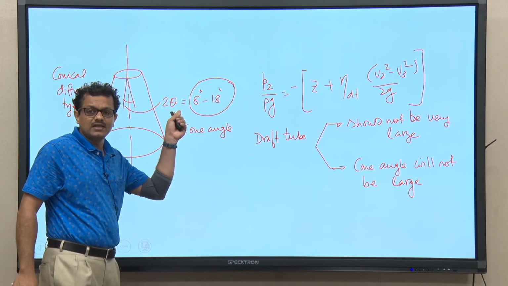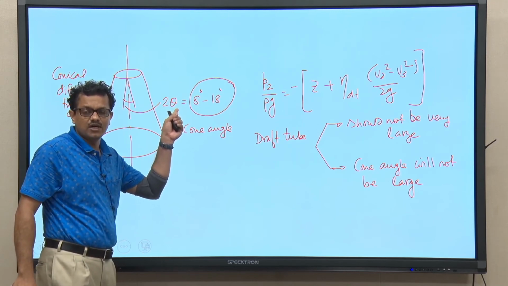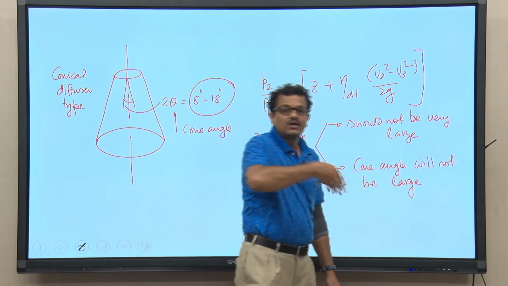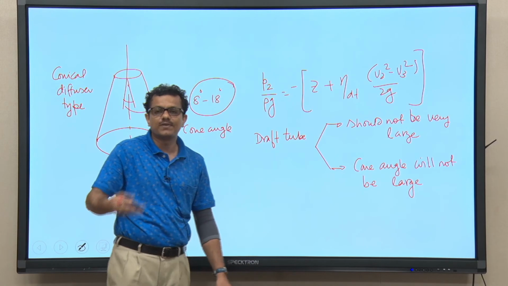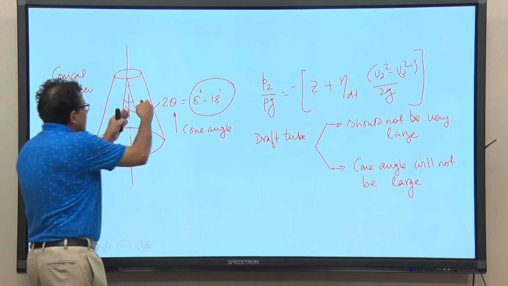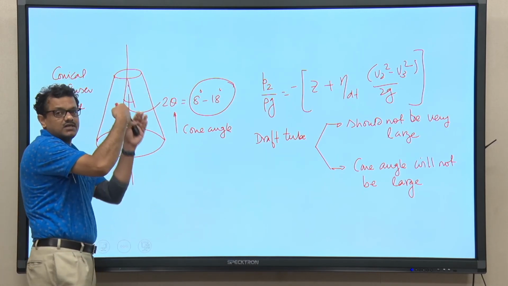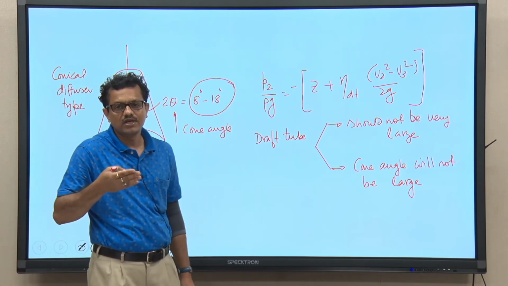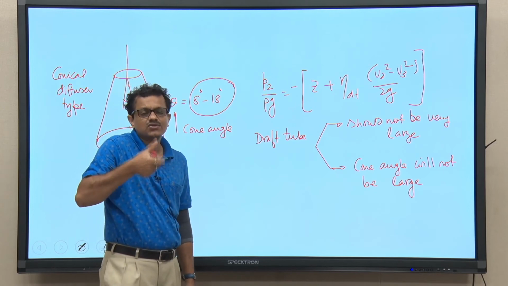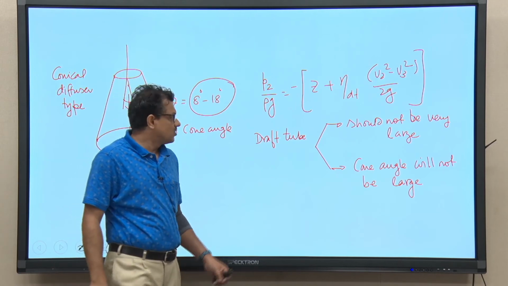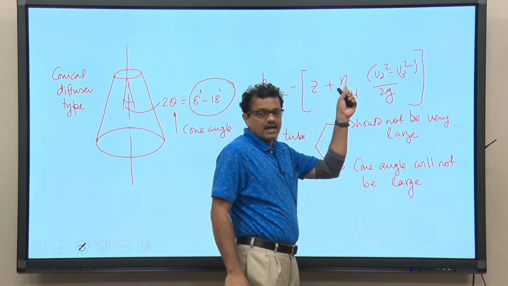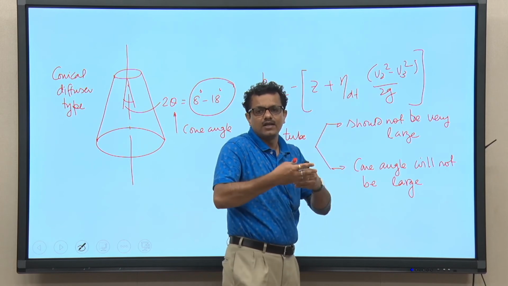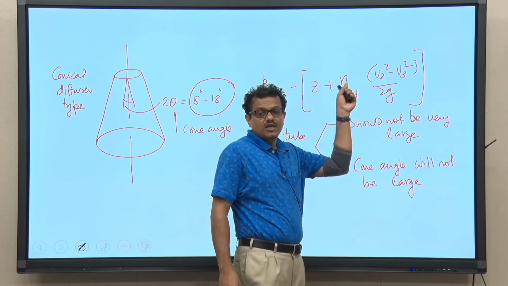But if the cone angle increases, you have studied from your fluid mechanics subject that it will lead to the formation of eddies, and the flow will separate. So, with a higher cone angle, the flow will separate from the wall of the draft tube and it will lead to the formation of eddies, vortices. So, again this will reduce the efficiency of the draft tube. It is very nice to see that the efficiency of the draft tube will have an optimum value. It will not be maximum, it will not be minimum.